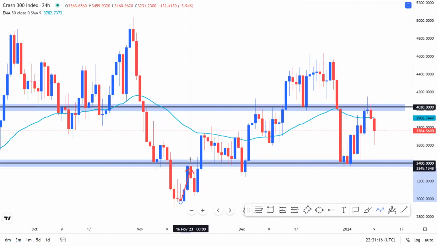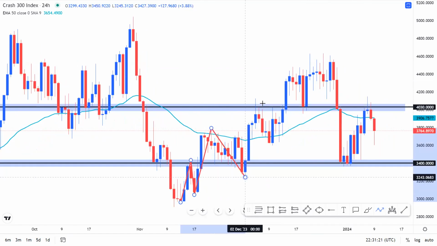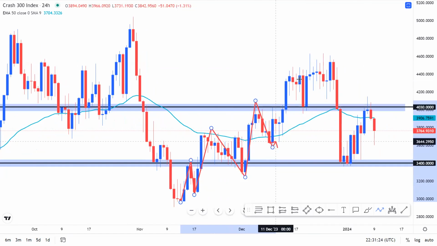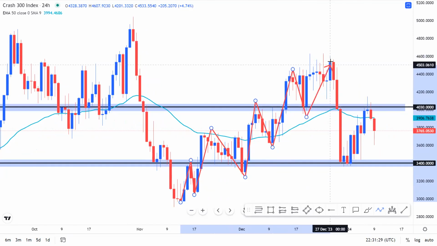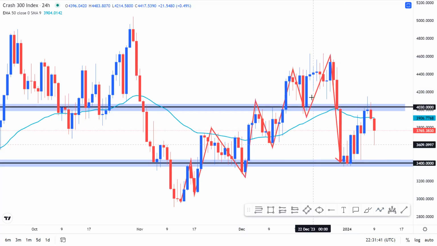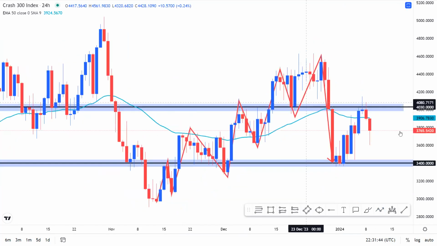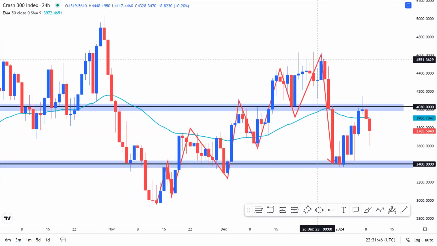You noticed, whilst we kept on pointing higher highs and higher lows, higher high, higher low, higher high, higher low, and then of course higher high, we had this nice sell-off that shifted the market structure from bullish to bearish condition,